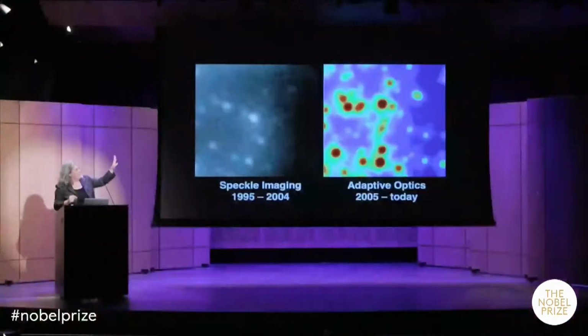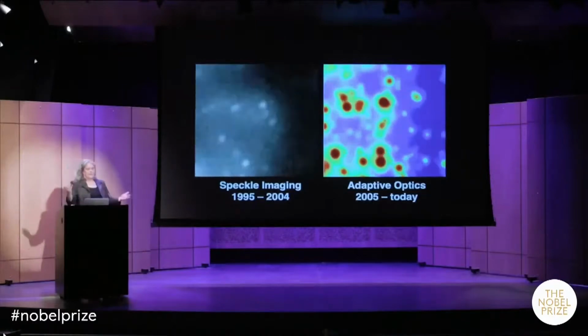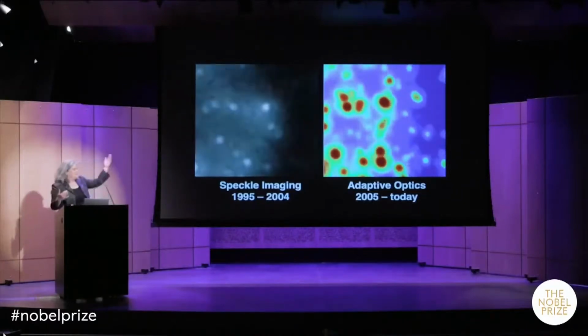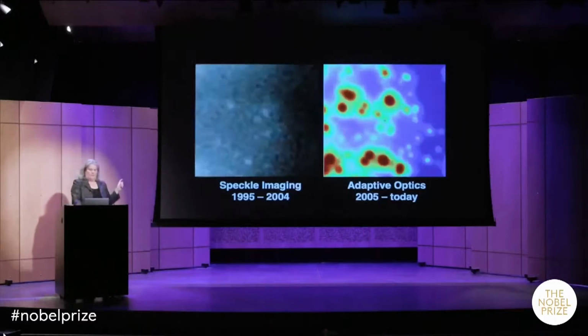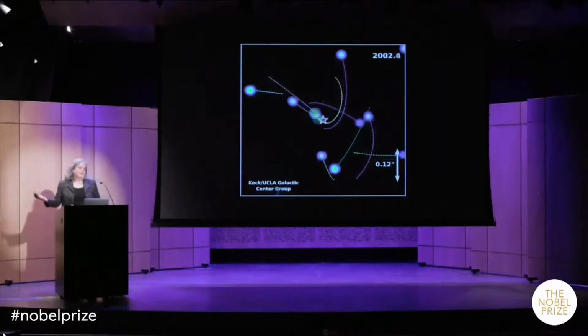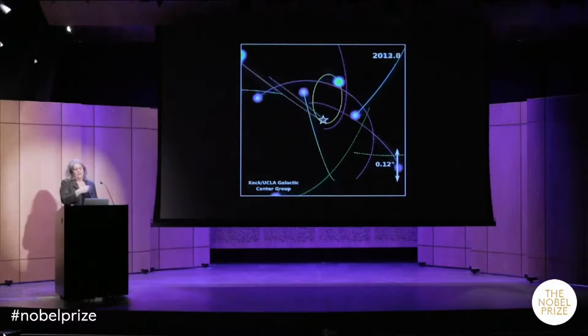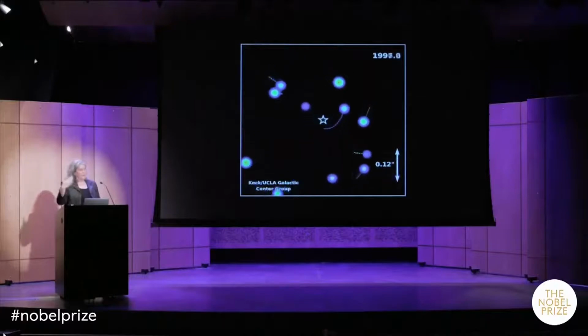Now, the next animation I'm going to show you is a fourth of the real estate. I mean, this is a ridiculously small scale. If you recall back to the original animation, without any of these techniques, it's one blurry image over the scale of this image. In other words, without adaptive optics or speckle imaging, your resolution would be the size of this box. So we're going down to a fourth of the scale, and that's necessary because things are moving so fast. And I never get tired of looking at this animation either. So this is no longer the direct data. The last images were real data. There was nothing enhanced about them. It was just the data that we get shown.